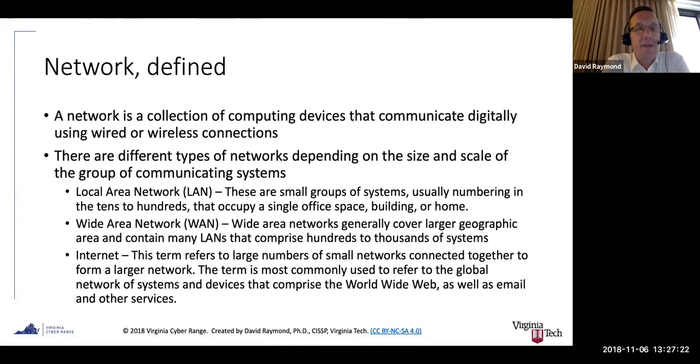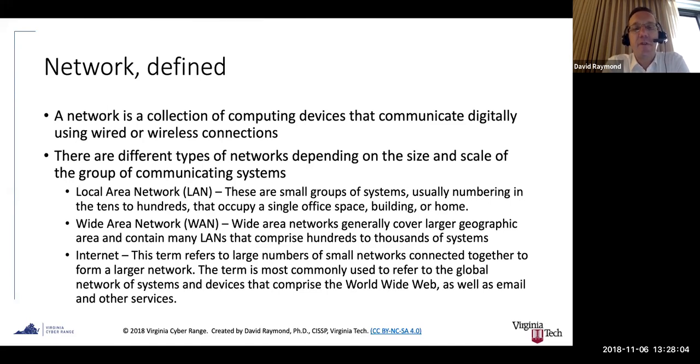And then the next level up here, and so these definitions are maybe not super detailed technical definitions, but I think they're sufficient to help a high school student or a college student get a basic grasp of what these different terms mean. And I'm not going to try to get into specific technical definitions, because you can talk to 10 different network engineers about exactly how big is a LAN and exactly how big is a WAN, and they won't be able to agree. So these are relatively broad definitions. The internet, though, this is pretty clear.